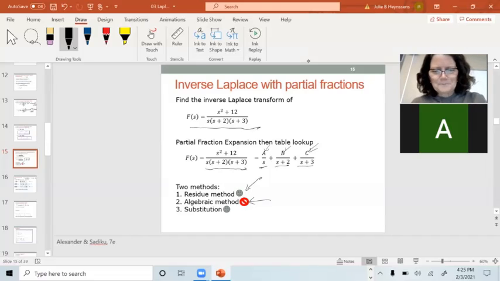The other method that I like a lot is the substitution method. We'll finish the slide and then I'll reboot. The substitution method is a way of finding the rest of the terms when residue fails. So between residue and substitution, you can pretty much find any one of these. And we'll go through a